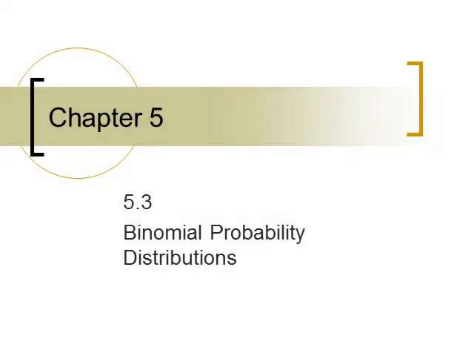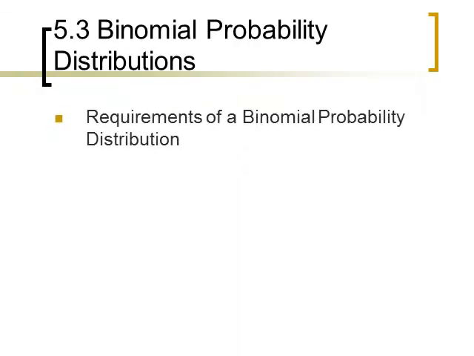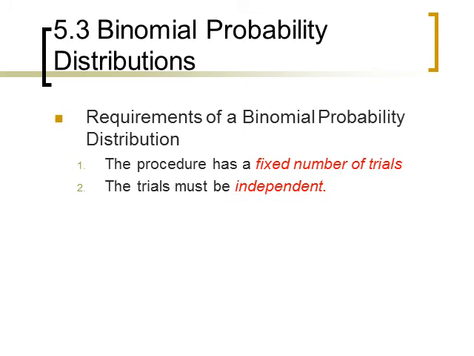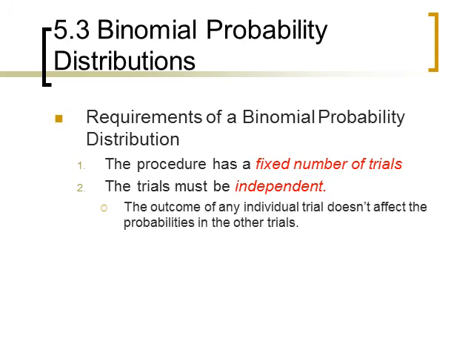Lesson 5.3 deals with binomial probability distributions. The requirements for a binomial probability distribution are that the procedure has to have a fixed number of trials. The trials must be independent, meaning that the outcome of an individual trial doesn't affect the probabilities in the other